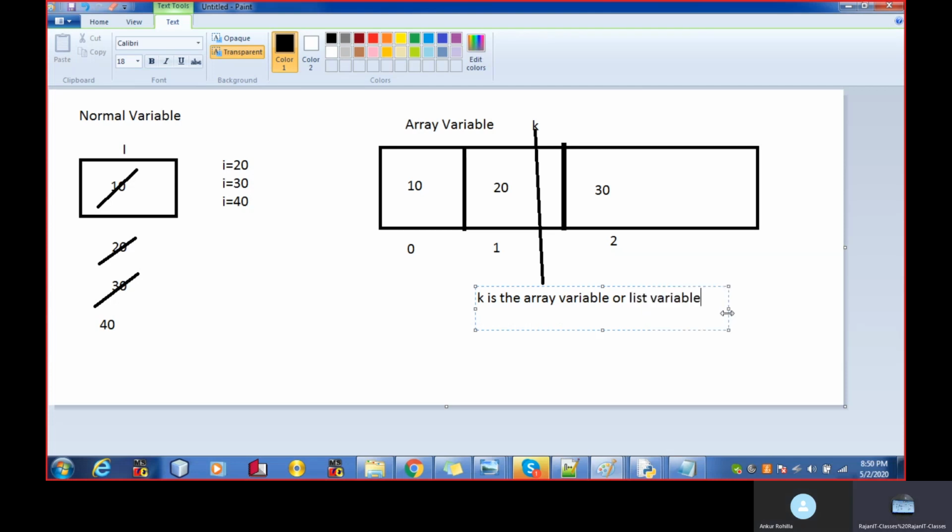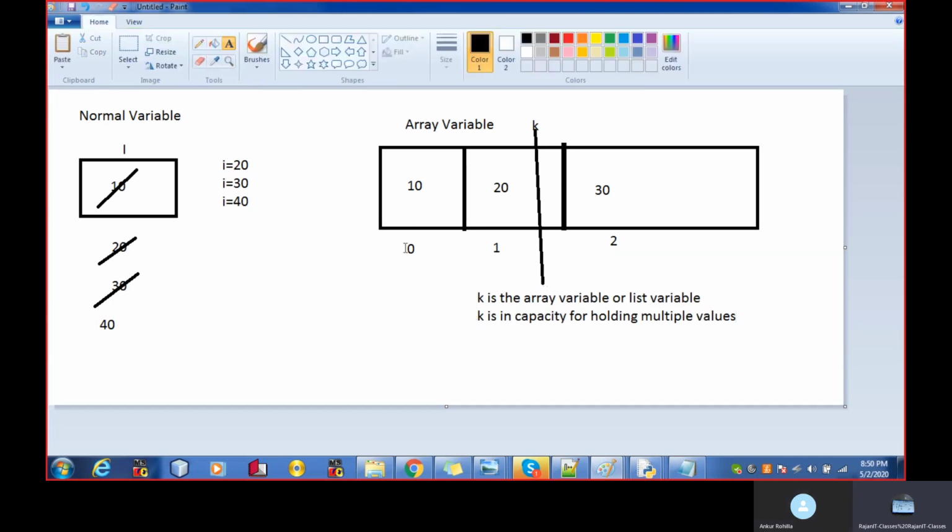Now, if someone asks you, what else do you know about K? K has the capacity for holding multiple values, right? That's why it is said to be the array variable. Now, what about this 0, 1, and 2?